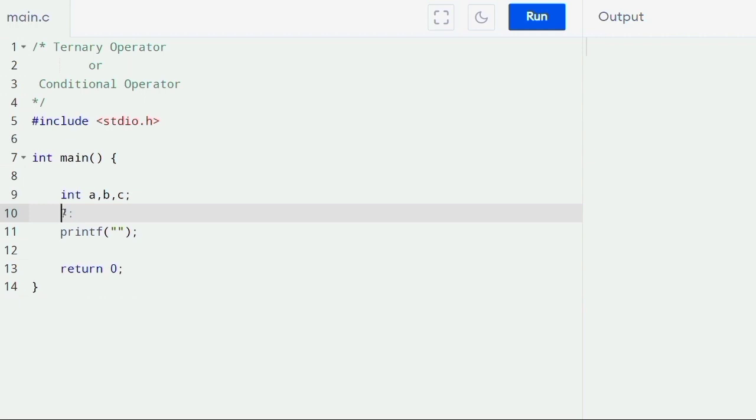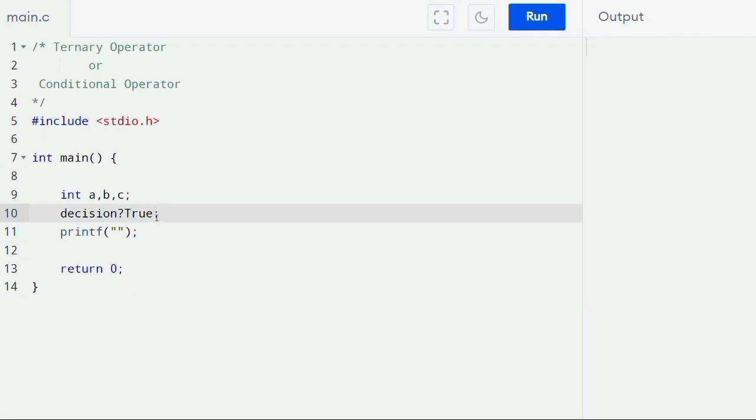If you have not watched that video, go and watch it once. Whatever decision you take, you must put it at this first place, then after the question mark you need to give the next part. So if this decision is true,